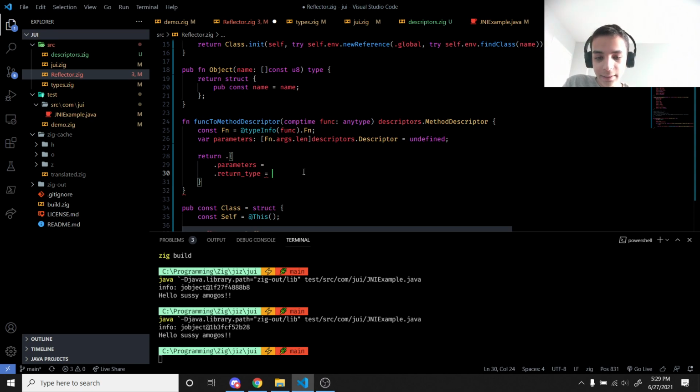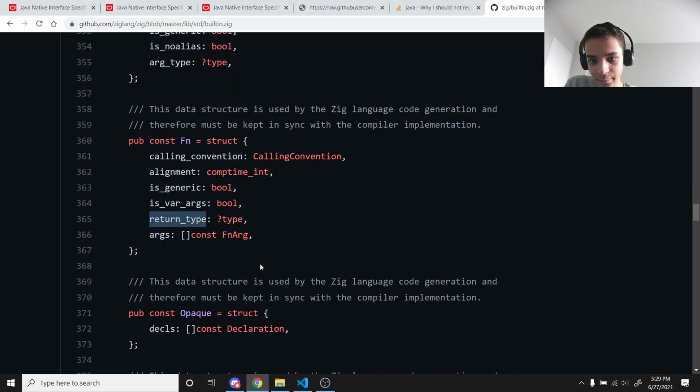So what we have to do then is valueToDescriptor. This will convert a Zig value into a descriptor. That's the idea. So for this, we have to get the return type. If the return type is here,